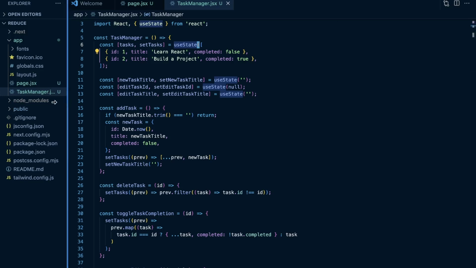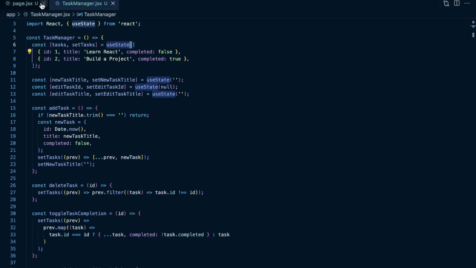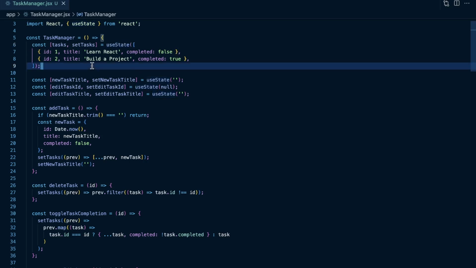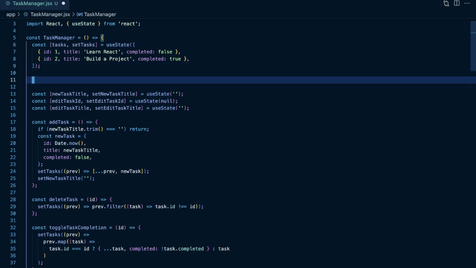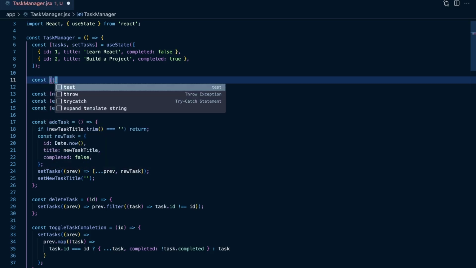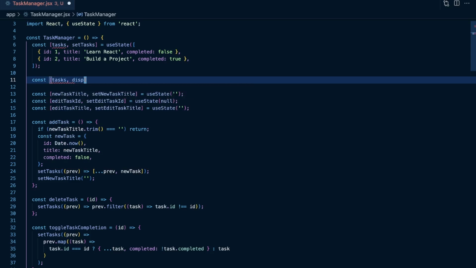So first of all, I probably don't need this side menu open, and we can clear up those files up top. But what we're going to do first is skeleton out our useReducer call. Instead of having our useState call here, what we're going to say is, and this is going to throw errors at first because we're going to have duplicate pieces of state, const tasks, comma, dispatch is equal to